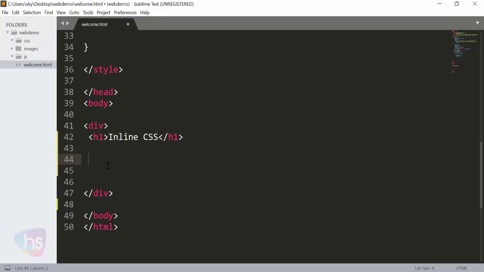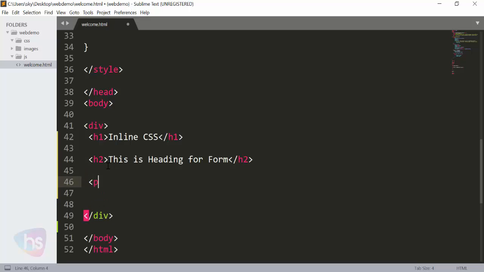Now let's see how the CSS is going to be written and how things will change while applying the CSS. Let's start with the h2 tag here. H2. This is the heading for the form. Okay, this is the h2 tag I have prepared, and the second one I can use for a paragraph. This is content text to be displayed for